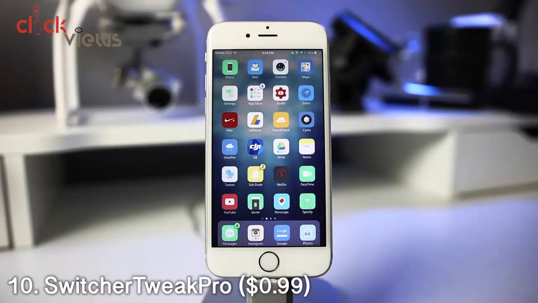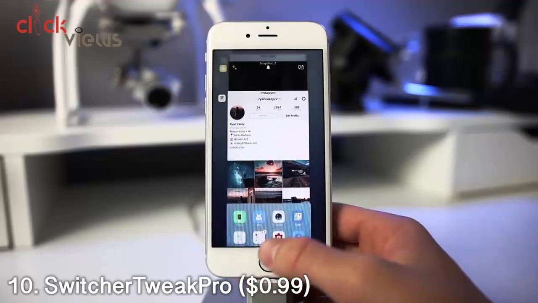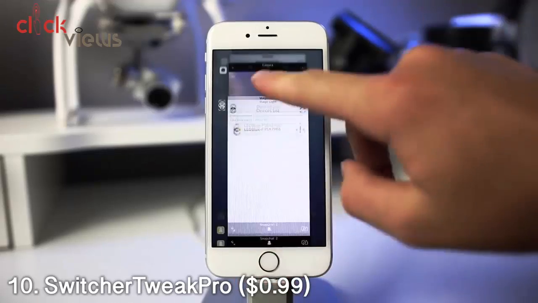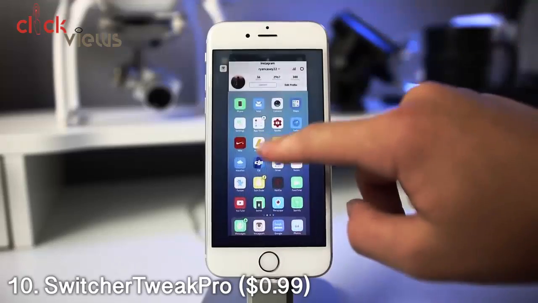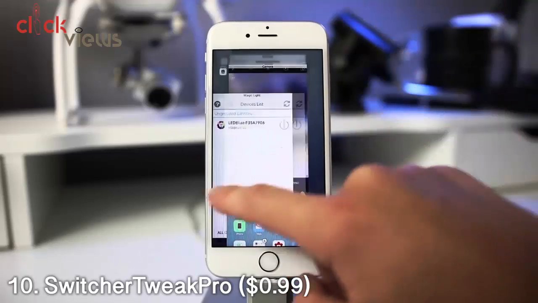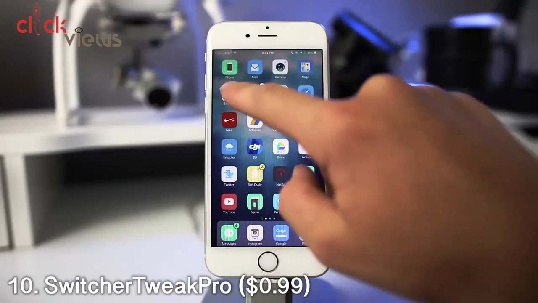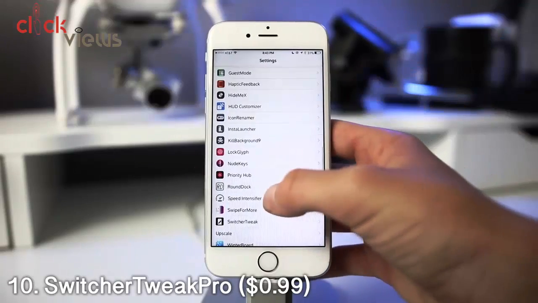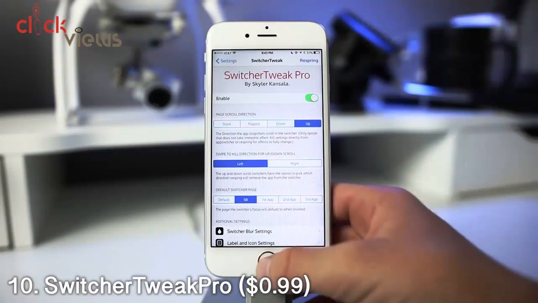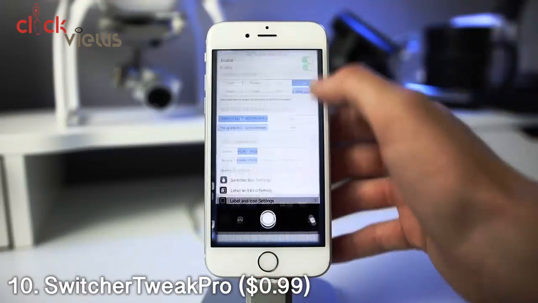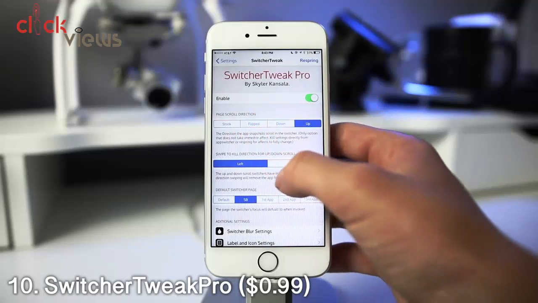Number 10, Switcher Tweak Pro is a 99-cent tweak that is going to let you change the app switcher. So right now, for me, I have it as vertical, which is just like the Android one. So it's going to allow you to swipe them like this. And inside the settings of it, it gives some really cool settings. There's different styles. So you can have it go up, like this. You can have it do the stock default,